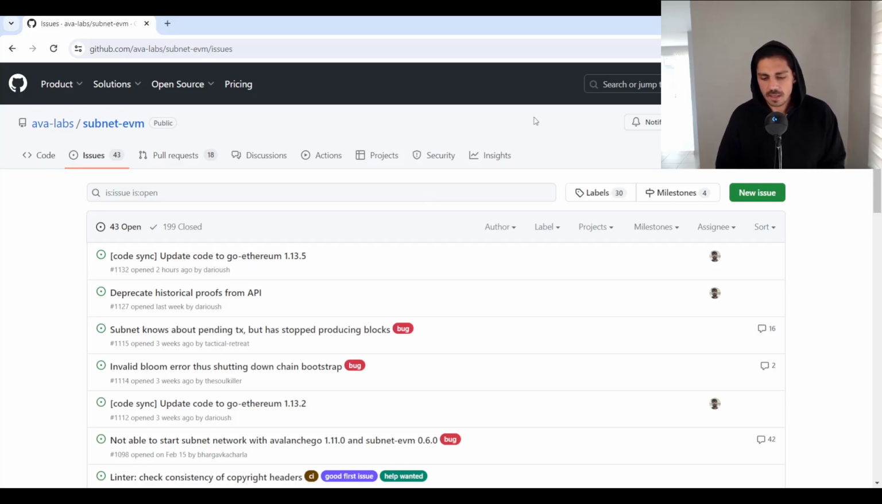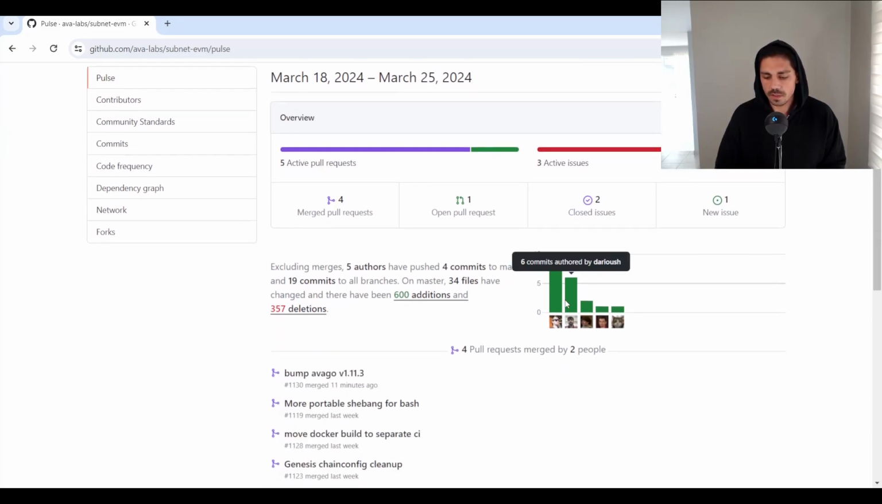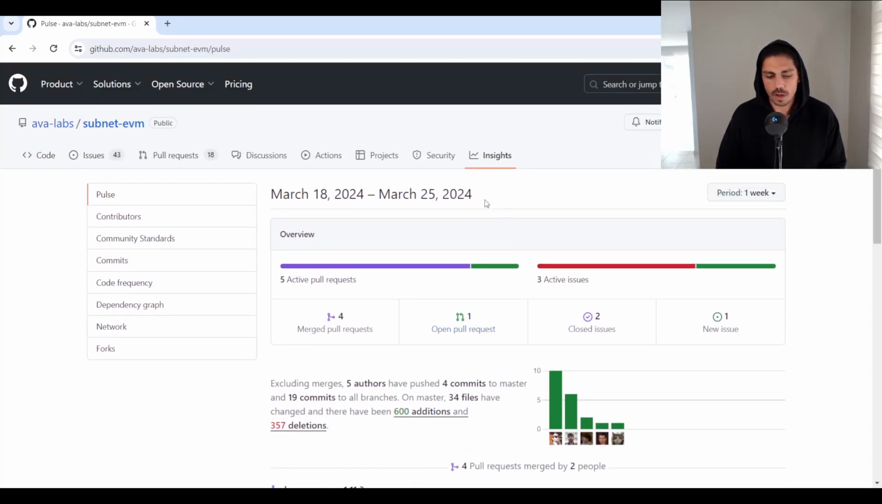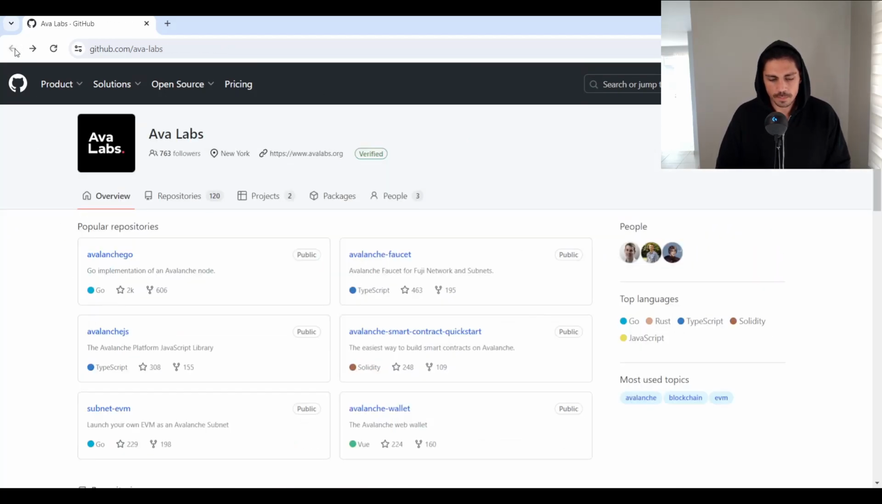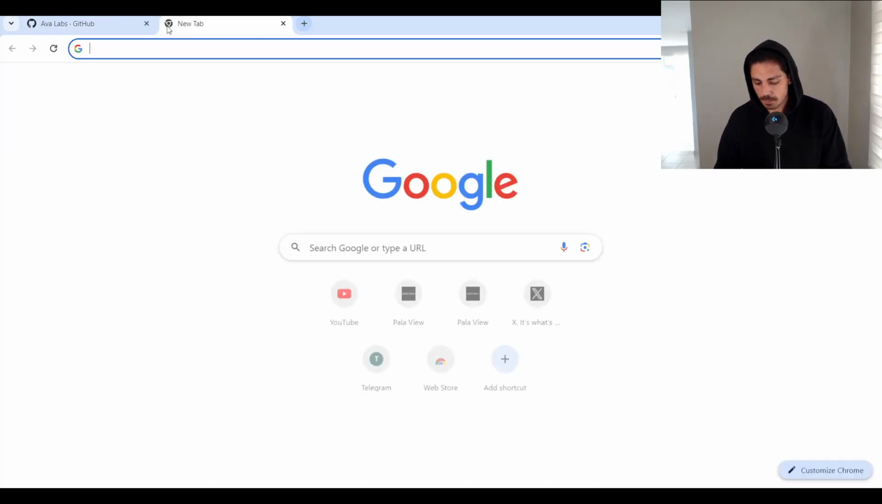Okay. And then you can go and see these different insights of how this is being utilized. So this is, I imagine, a more underutilized repository for them. If we go to their other popular ones, you can see Avalanche Go is where people are really developing. You see there's 2,000 people who've saved this. There's 606 forks. So this is another way of understanding an ecosystem, because you can do the same thing. Like we can pull up Polygon